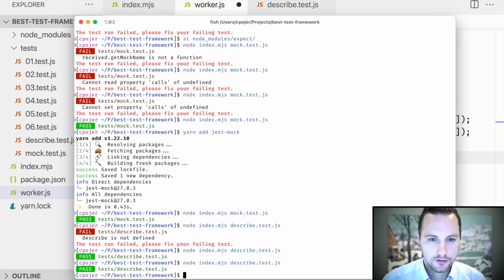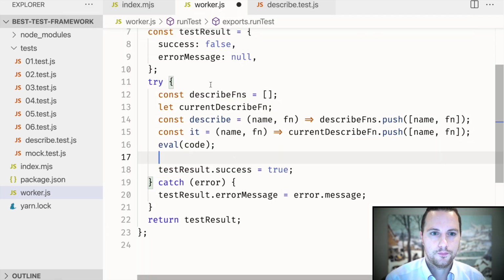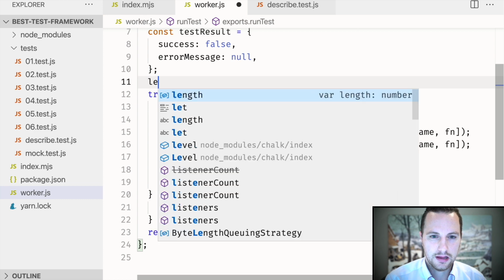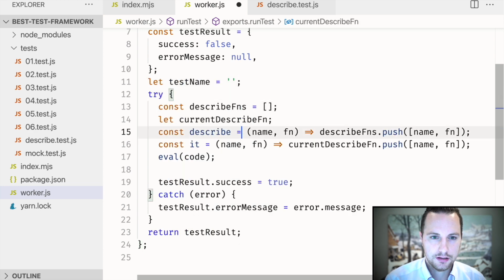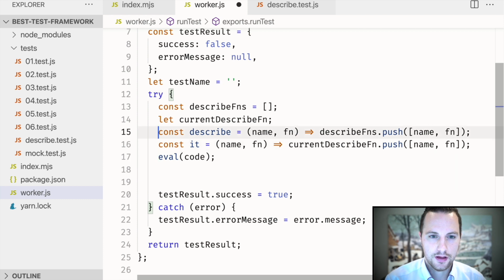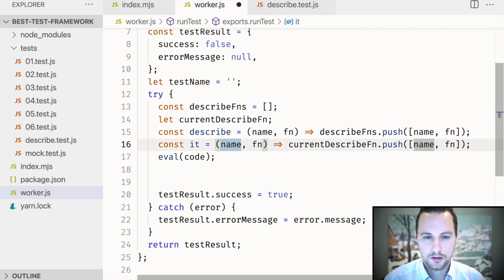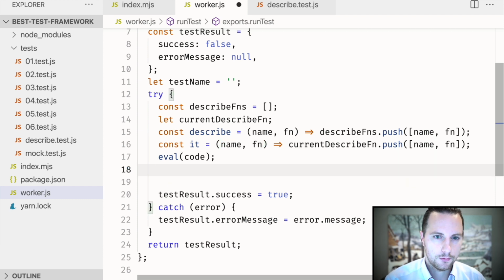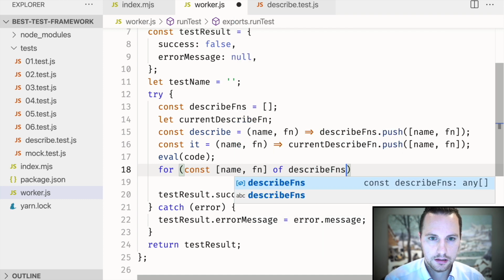Cool. So first off, we can have a test name now. Okay. And then here, after we run, so okay, we're defining describe, we're defining it, and so we're keeping track of those describe functions. We're not actually invoking it anywhere because we're just calling describe. But if we were running the describe functions, we would also be collecting the it functions. So let's go through them. I think what we can do is we can destructure this here. Just go through all of the describe fn's, and then we say